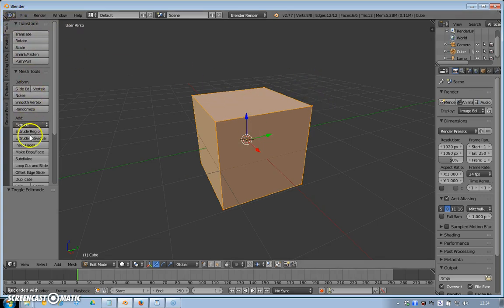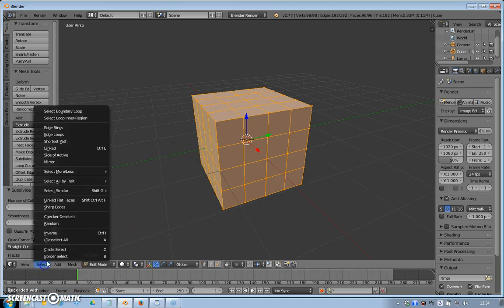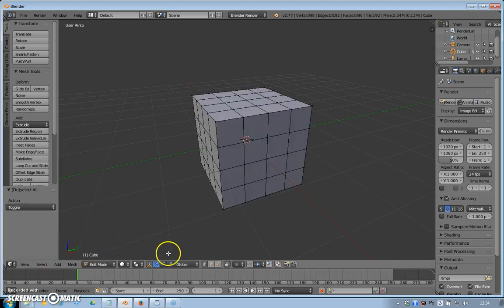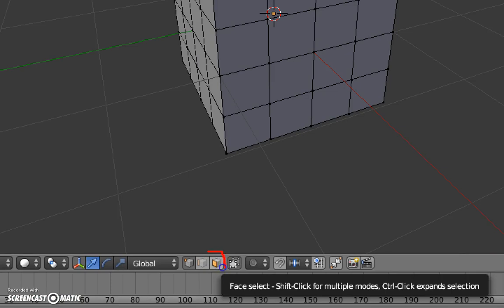And over here in tools, I'm going to just subdivide it up a couple of times. So we've got a 4x4 grid on each face. So on each side, I should say, that's actually 16 faces that we've got there on one side of the cube. So what we're going to do is deselect all, come over here and select the face selection tool,